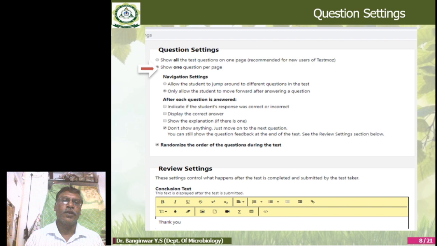Then you have entire control of the test, okay. Who can take your test? So can anybody take your test? No. If anyone, then just click on anyone. I will use this anyone, but I have to provide the password to my final year students.